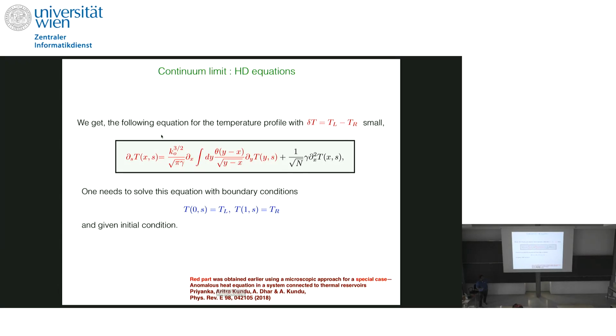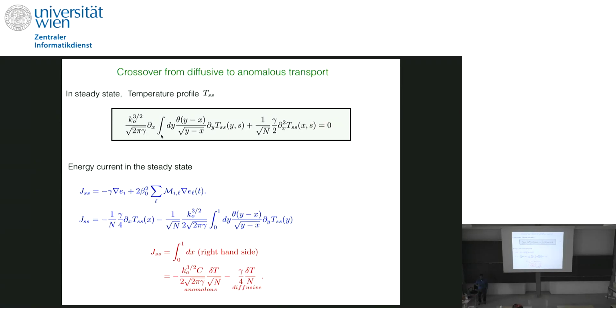So I would like to mention that this red part of the equation we had derived in another work with Priyanka, Oritra, and Ovishek from a completely microscopic approach, where we looked at the 2-point microscopic correlations of these eta variables explicitly, and looked at the scaling properties. But that was a different approach. Okay, so in the steady state,